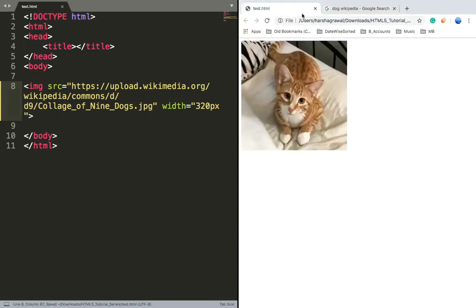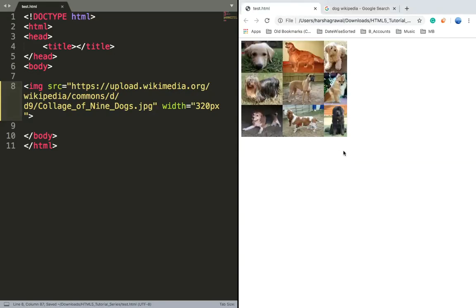Let's save it, and if I refresh our page, that image from Wikipedia is now being shown here. We have got the location of the image and it is being shown here. It is on the server of Wikipedia, which is being shown here. So that's how you can find the URL of any image on the web and use it. Wikipedia's images are free, so you can use them. So that was how you add images to a web page, either from a local folder or a photo from the web.